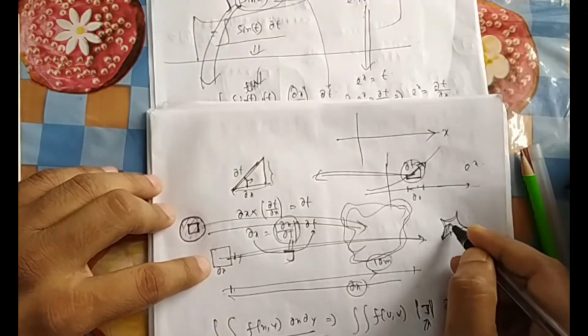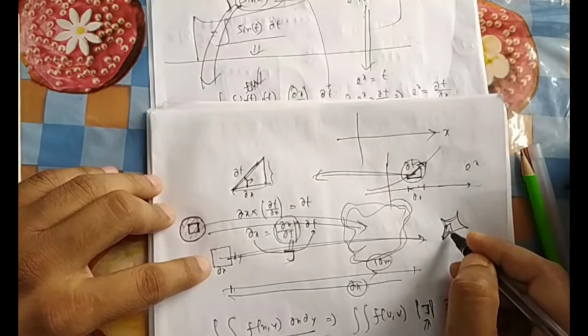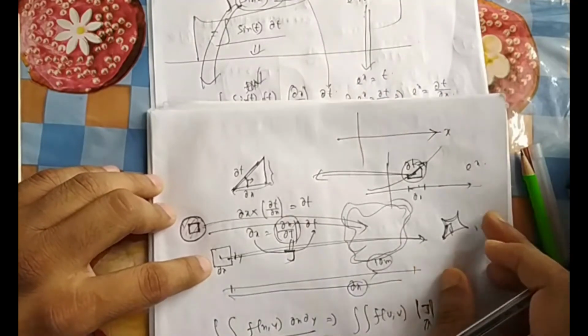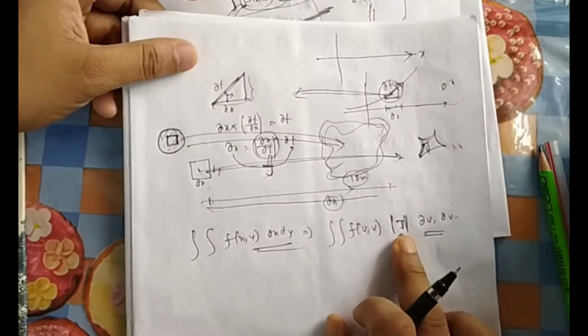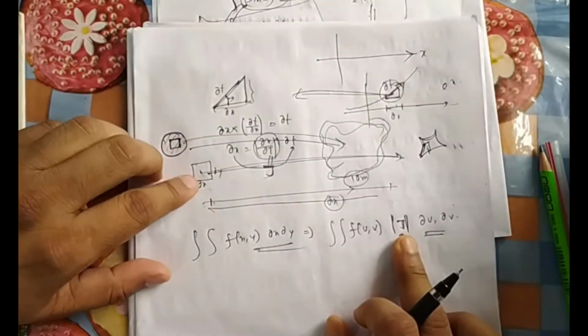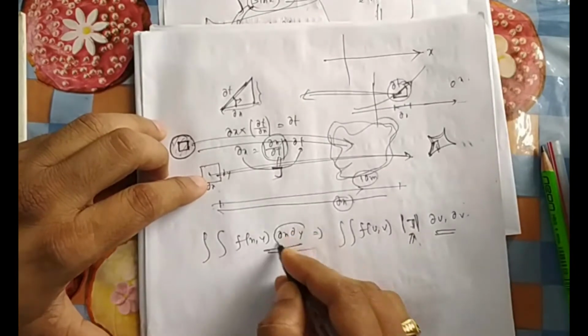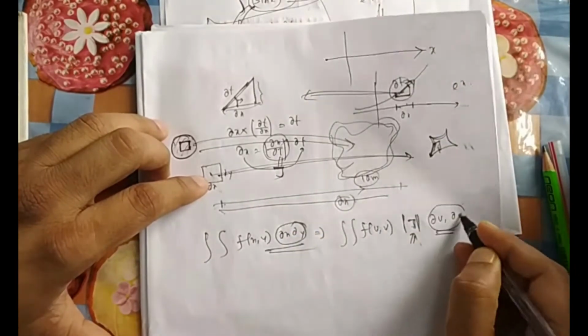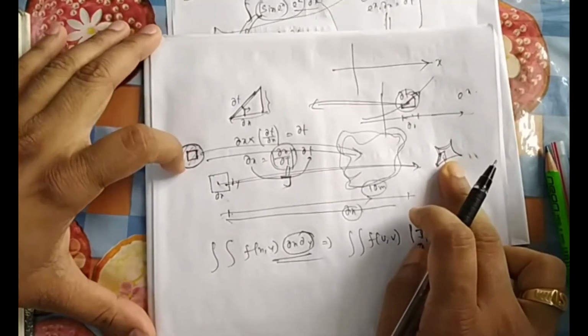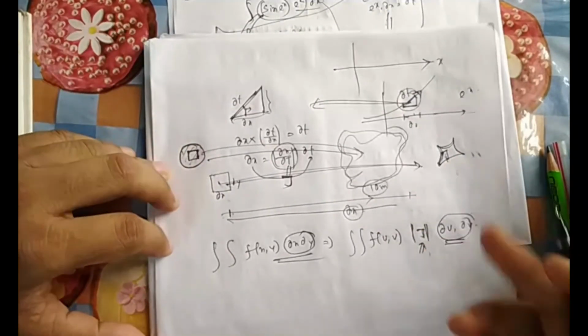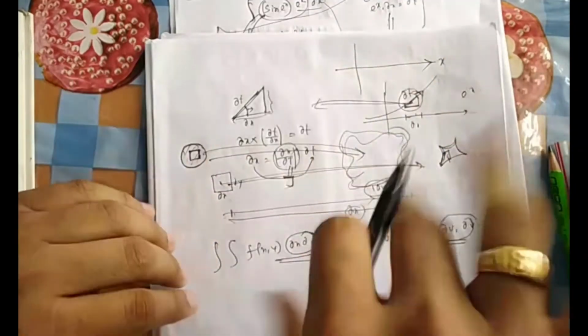Suppose here, then the small piece will be this much. So the entire piece will not be there. Or if it is, it can contract, it can shrink. If you throw it, just the way I showed, it can contract, it can expand also. So that J will take care of that. You are getting it? So your dx dy doesn't remain the same. The small area that you have chosen in the new dimension will not be the same. You can think of that pizza or roti or whatever. If you throw it here, it will be distorted.